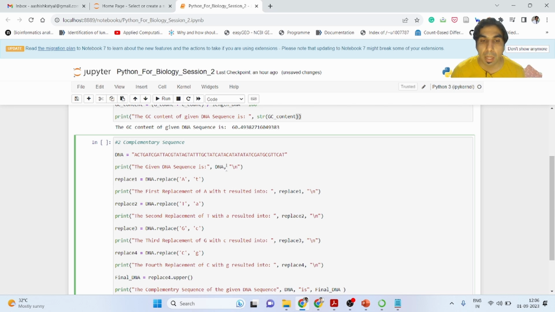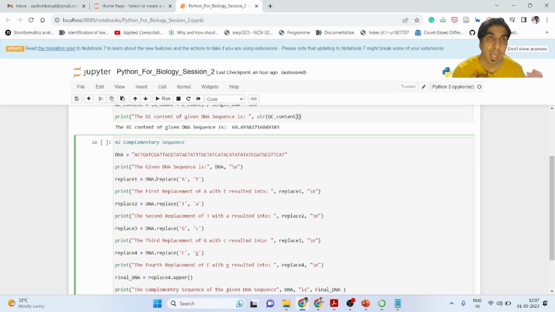Along with that, because the name of that particular string is DNA, that's why I've used DNA. And again a comma, I have to give a space, and I'm using \n. \n means new line. The next thing I want to print has a space in between, so I cannot write \n directly because it will give me an error. Everything is a string, so I'm using quotes. You might ask why I'm not putting DNA in quotes, because DNA already consists of a string, so I do not have to mention that again.